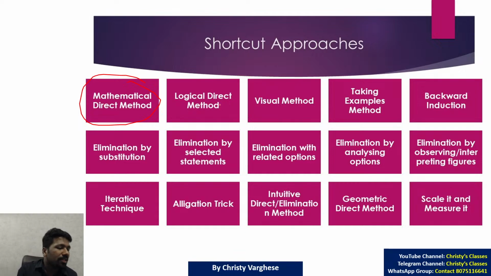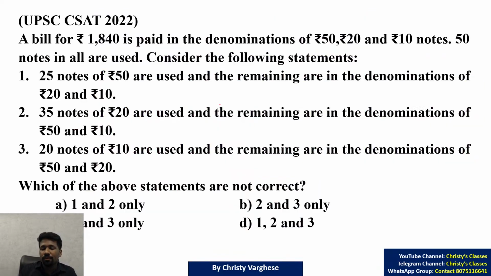In today's chapter, there is not much theory to explain, unlike the other monetary problem chapters. In profit loss discount, we discussed the logical approach of profit loss discount. In simple interest and compound interest also, we did how to logically understand them. But here we get practice through the questions. That way itself we can learn the theory of this chapter. So I will start with this question, a wonderful question asked in the UPSC CSAT 2022 exam. So make a try, all of you.